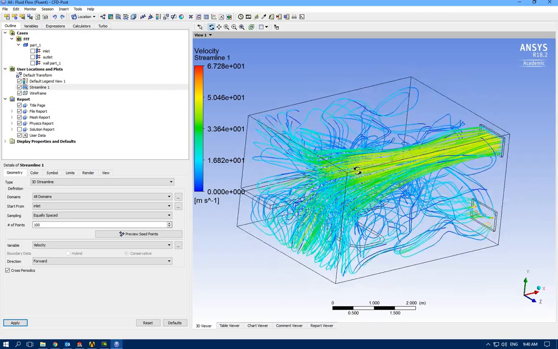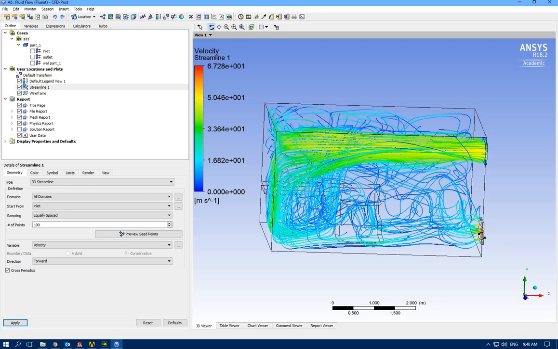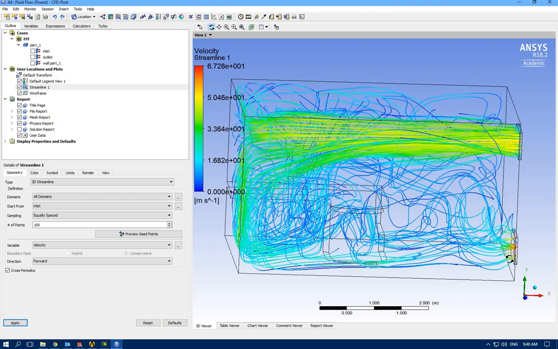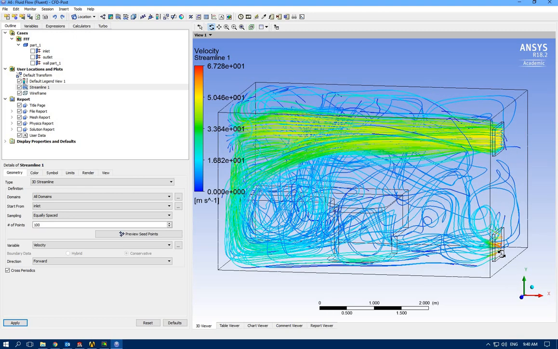And we have flow getting out. As you can see, the velocity increases because it's like a venturi phenomenon happening here, smaller cross-sectional area. So when flow goes through that cross-section, the velocity increases. Okay,